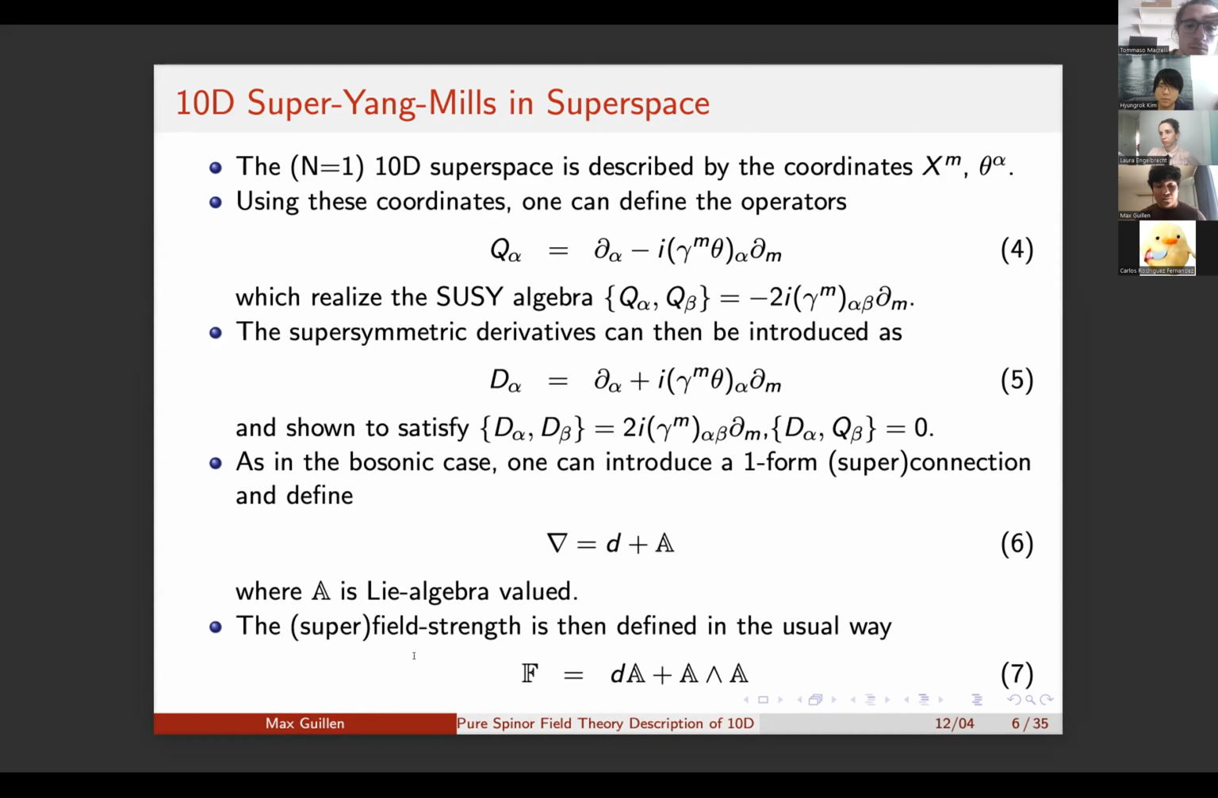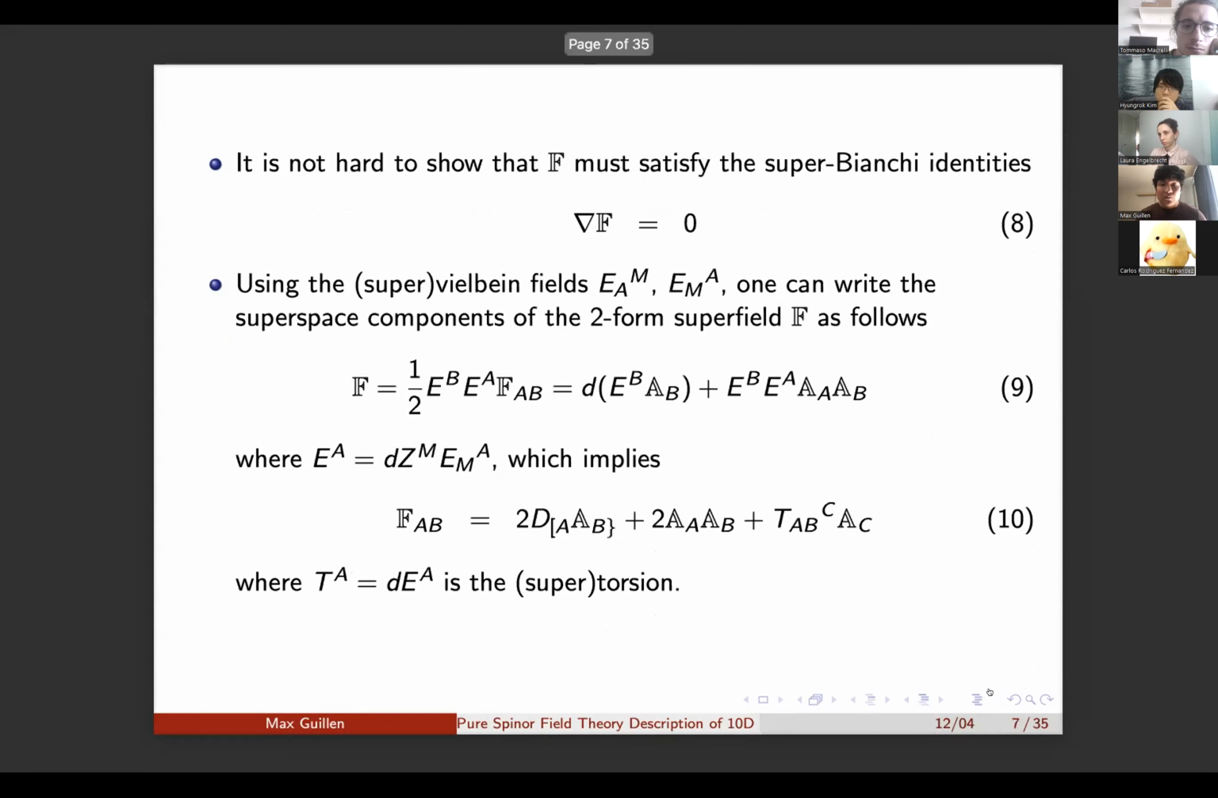And I can also define the superfield strength in a similar way as we do in the bosonic case. Okay, this is given in equation 7. One can show that this superfield F must satisfy the super-Bianchi identities given in equation 8. And in order to study these super-Bianchi identities in components, let me expand the superfield strength in terms of its